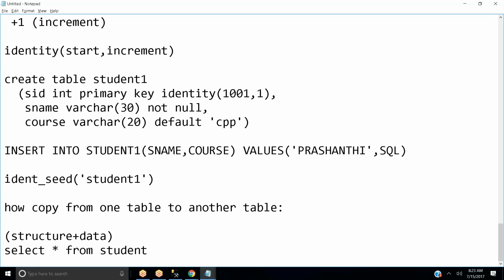Already in the student table I have some values, correct? Insert into Student 1 select star from student. So the values that are present in your student will be copied to your student 1.